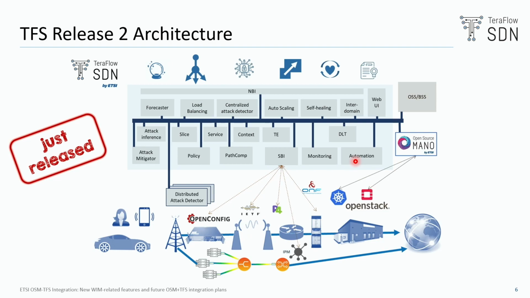So the idea, for instance, in the SBI, the southbound interface, is that it's based on plugins. That means whenever you have a new kind of network device you need to manage, maybe a new protocol, new data model, whatever, you come here, you implement the specific driver, and that's it. Then you can manage a new kind of network device. Same happens with a service. If some new kind of service arises, then you can just implement the specifics for that service, and we are ready to go. The same for the NBI, the northbound interface.